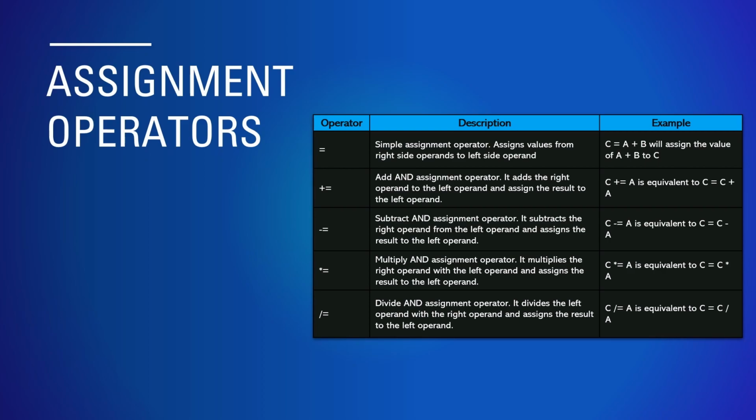For example, if you look at the example for plus equal to, you will see that when we write C plus equal to A, the compiler actually converts it into C equal to C plus A. So basically what is happening is, if you say C plus equal to A, the compiler understands that you are trying to add the value of C to the value of A and then assign the output of that to the variable C. This might be a little confusing, but you will get a lot of clarity when